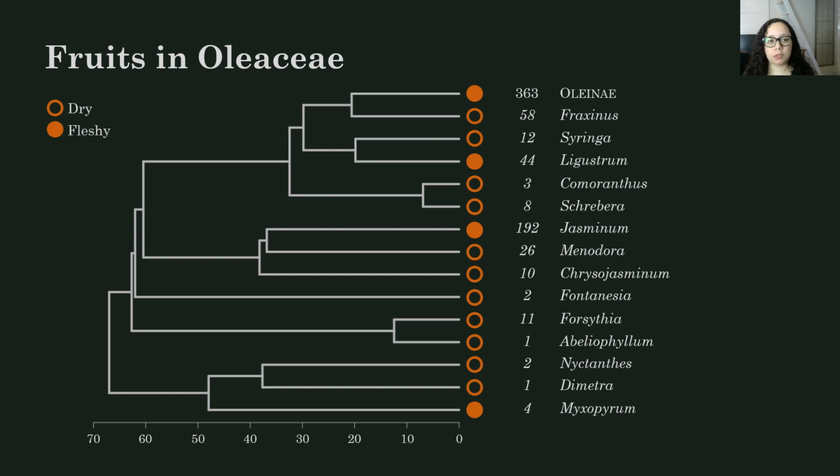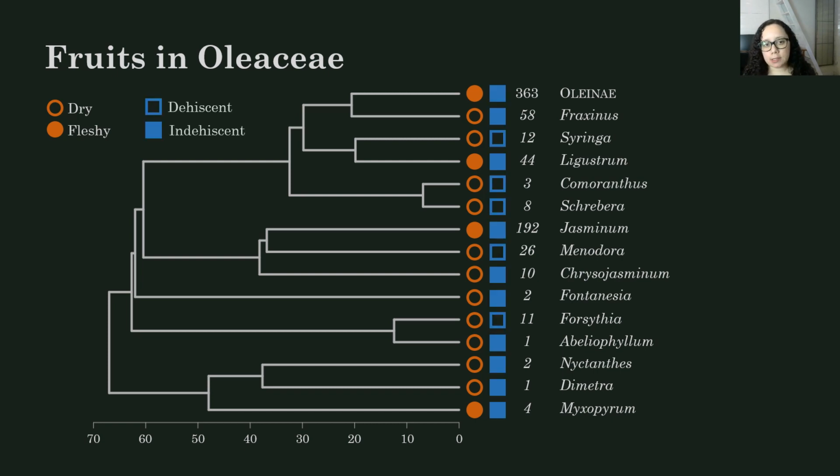When it comes to the fruits, we have 4 groups with fleshy fruits and everybody else with dry fruits. When it comes to dehiscence, we have 5 groups that are dehiscent and the rest is indehiscent. As of now, in the tree, you already have 3 out of the 4 possible combinations, as we see here at the top. The 4th combination will be the Ligustrum I mentioned. Another important exception are the dry drupes of Neuronia that contrast with the fleshy drupes of all other genera in the Oleaceae.